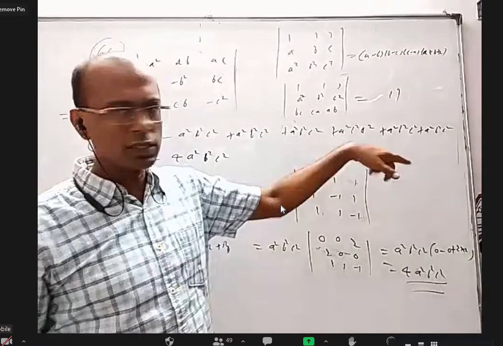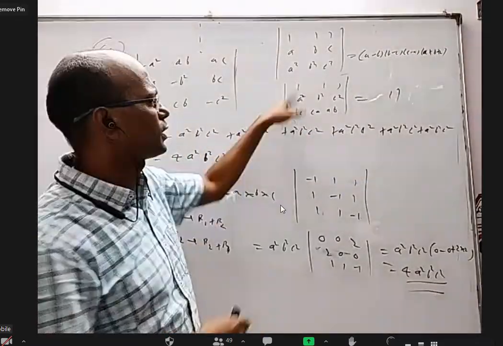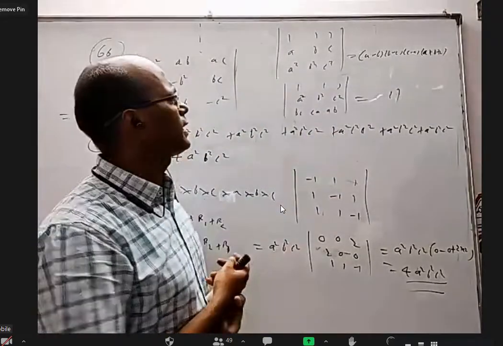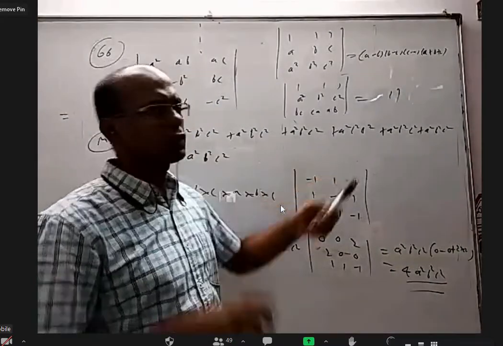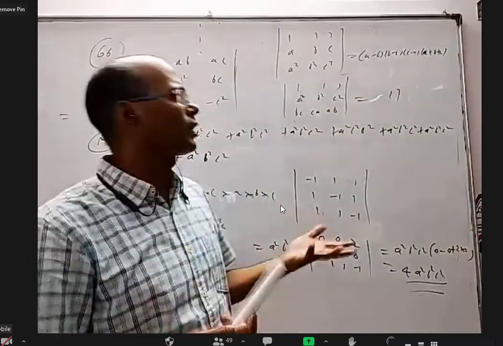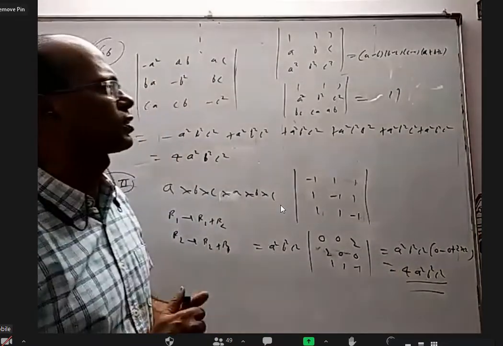We have not done this one. Conceptually, we can say it is fourth degree. We put A equal to B, 2 columns are equal. B equal to C, 2 columns are equal. C equal to A, 2 columns are equal. And A minus B is a factor, B minus C is a factor, C minus A is a factor. Fourth degree, so one more single degree expression should be there where A, B, C are equally present. It should be A plus B plus C. Into minus, you may have a doubt. You have to take lambda, and if the options are not there, not a problem.